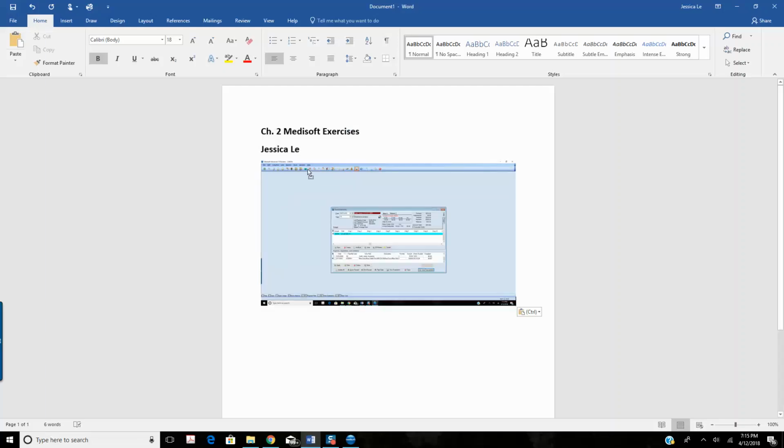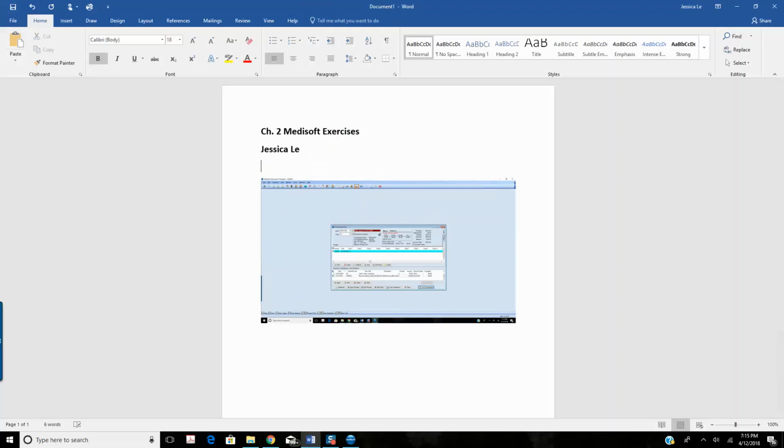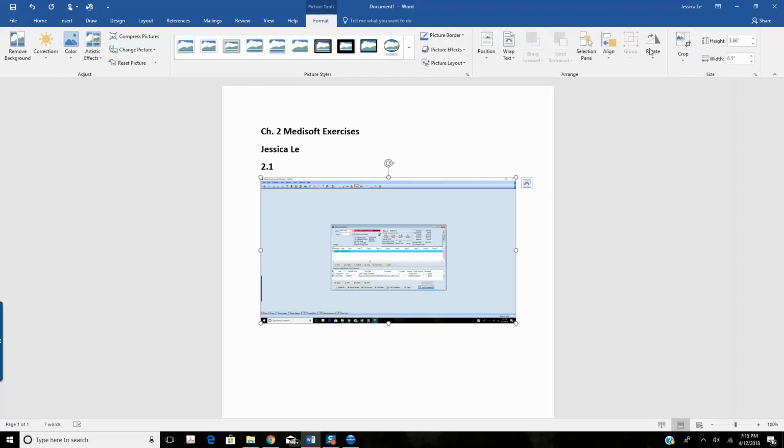and then you will go over to your Word document. I have one open here, Chapter 2 Medisoft assignments, and then name, and this is the screen for exercise 2.1 or 2-1, whichever way you want to do it. Now you could edit these. If you make these big enough for me to see, I will be greatly appreciative. You don't have to edit them, but it does help me quite a bit